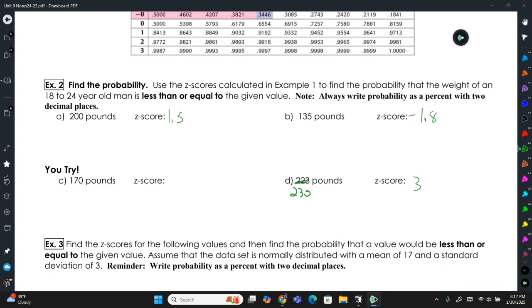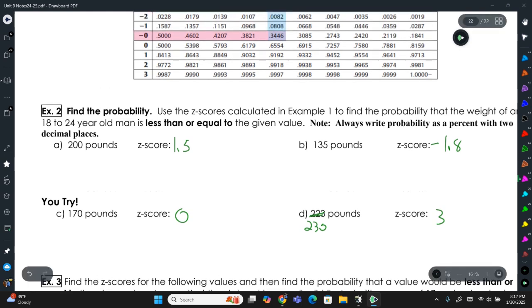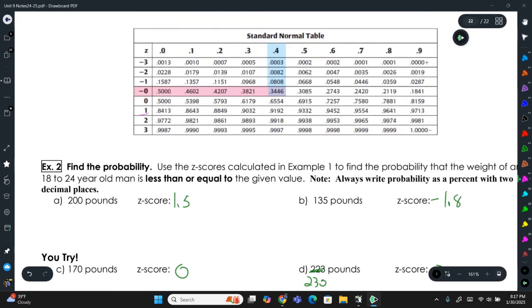This one was 3. And this one was 0. So we're going to find the probability that a data point is less than or equal to 200 pounds by, again, here's 1, and then here's 0.5. Where do they intersect? Right here at 0.9332, or